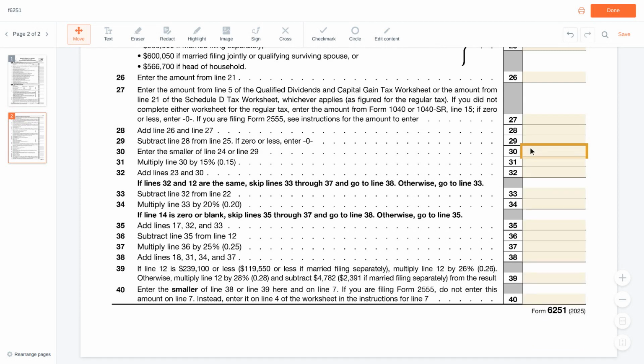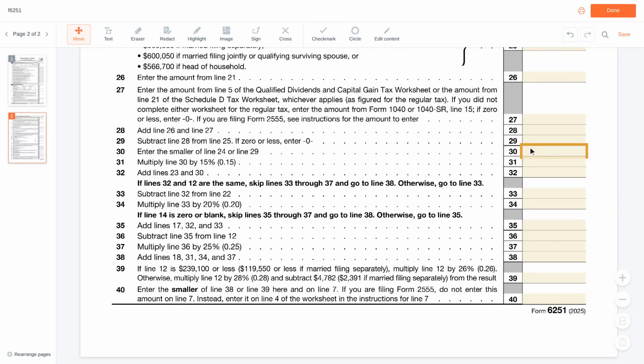Part 2 calculates the tentative minimum tax. You subtract the AMT exemption from AMTI. The exemption phases out at higher income levels. For 2024, the exemption is $85,700 for single filers and $133,300 for married filing jointly, with phase-out beginning at $609,350 and